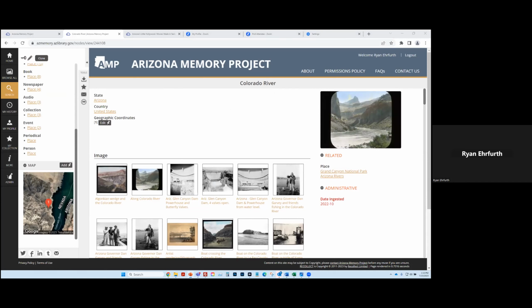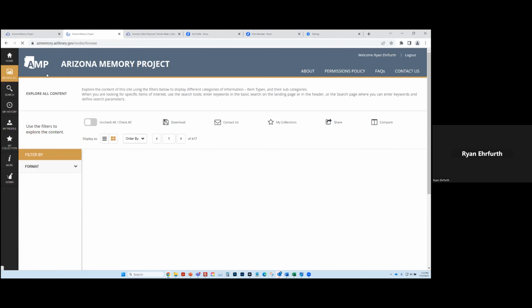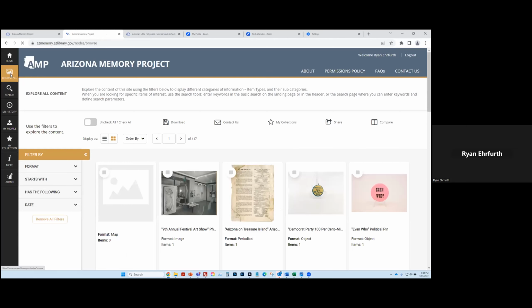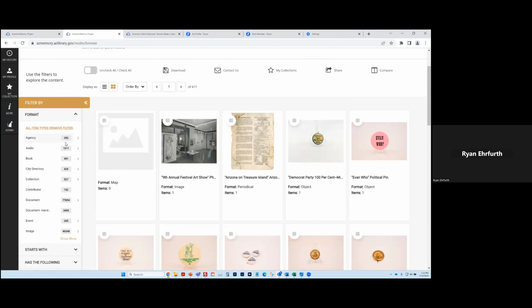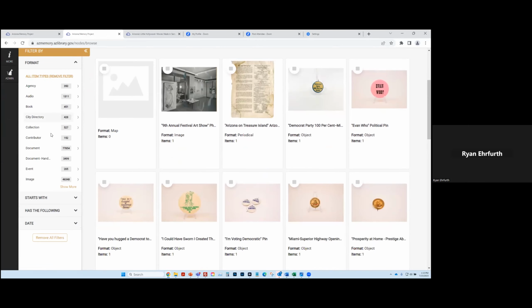All right. So that's a general, big picture overview of the kinds of things that are in the site. I'm going to get into a little bit about how you would find or search for things in the memory site, the Arizona Memory Project site. So if you just wanted to browse, you can click the browse all over here, and again, filter by format. So, if you're looking for a book or city directory or collections or documents, you can kind of narrow it